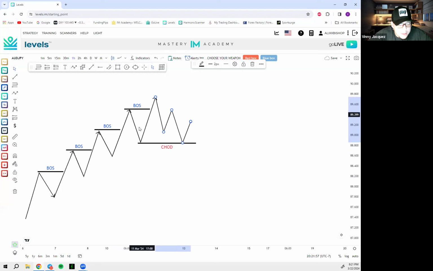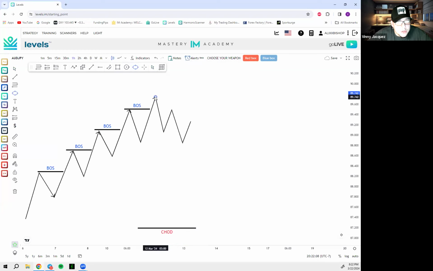Guys, this is a bullish BOS, right? We haven't even got that change of direction yet. Bullish BOS. Market is continuing trend. Do you think if we just broke structure to the upside, we have a rally of candles here, Edgar? Yes, Ricky. Change of direction and change of character is the same thing. Yes, sir. So there should be a bullish rally of candles, which means there should be some type of starting point, right? Somewhere in here, right?